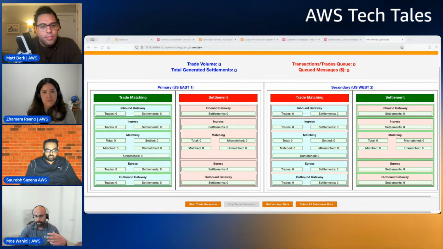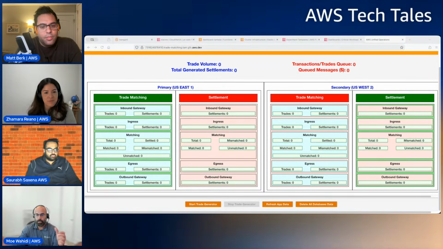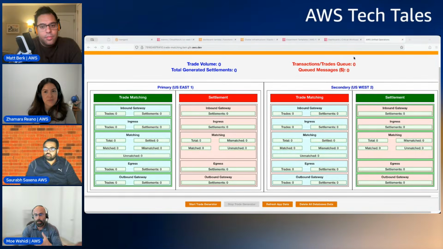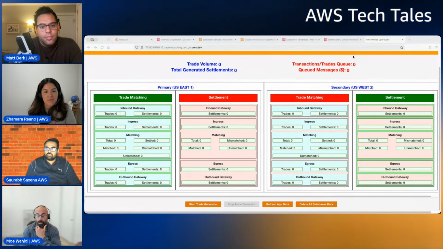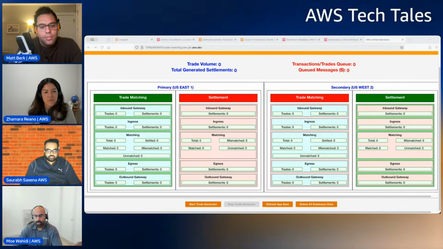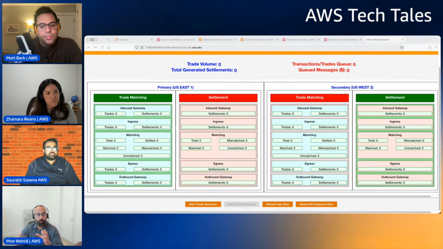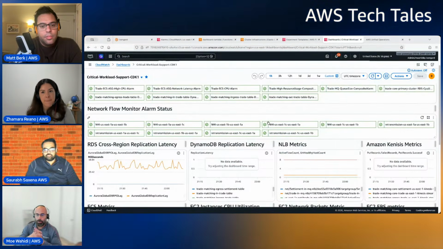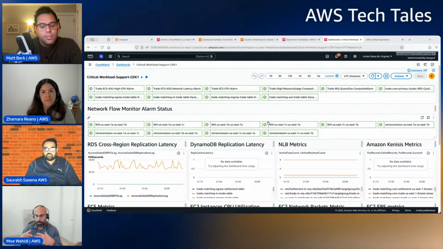Now the question is, how do we support such a complex system and ensure that our customers don't fail? This is where we talk about unified operations. One of the important capabilities that unified operations provides, which Saurabh hit on, is proactive guidance, doing all the critical workload reviews, and driving resiliency. Observability is a very critical thing. And here I want to show you a CloudWatch observability dashboard. This is something we help our customer build.